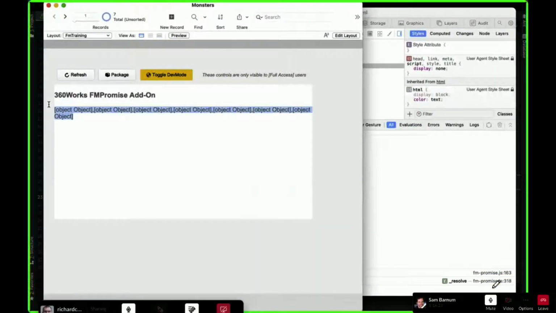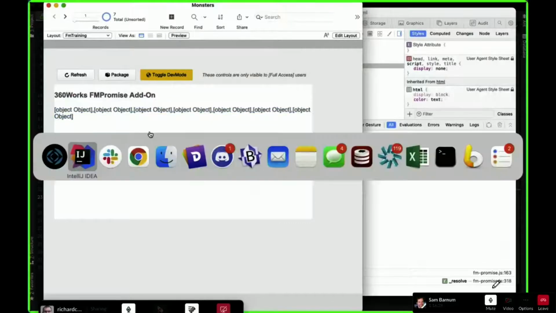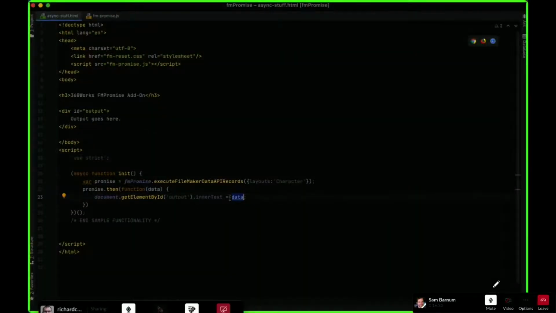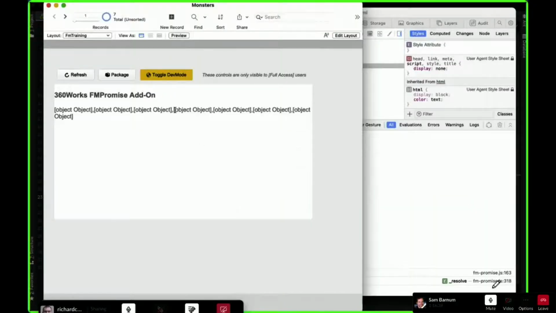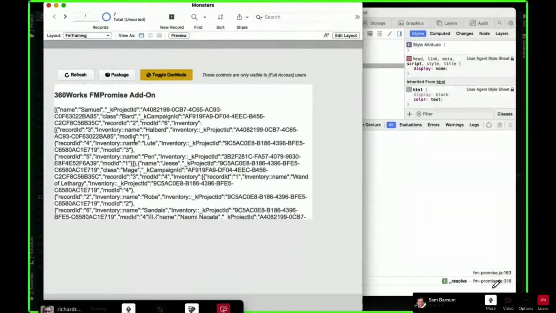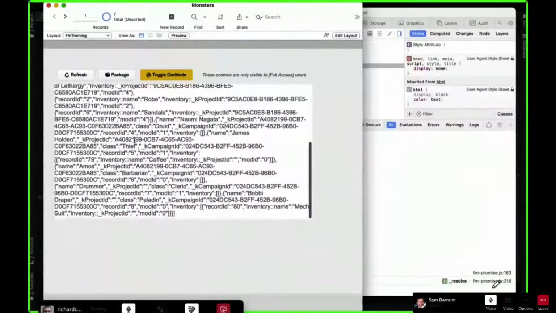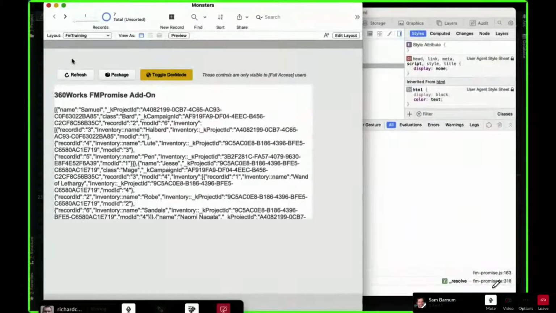All right, yeah, it's an array of objects. What we want to do instead is stringify our data. And now what we have is we've got our FileMaker data API records in JSON format.